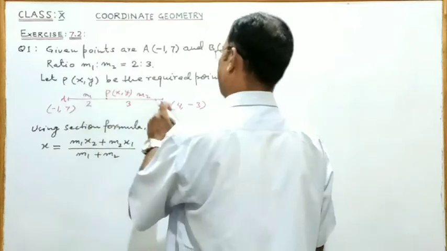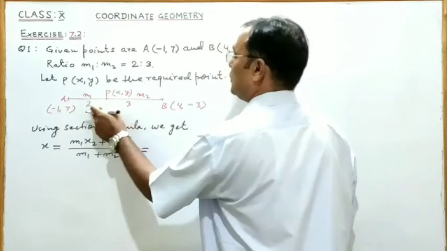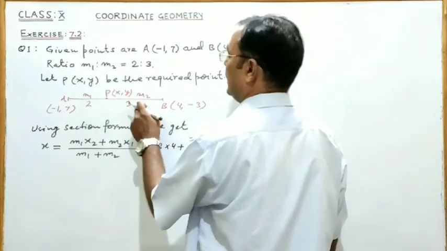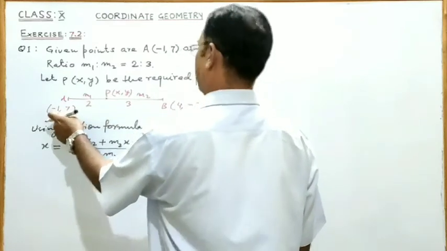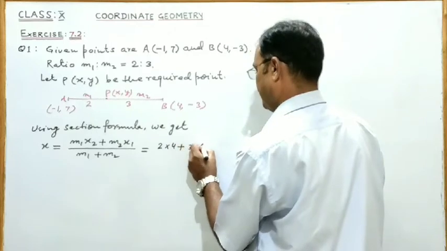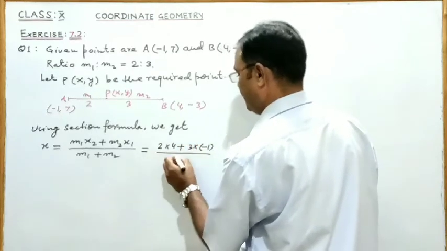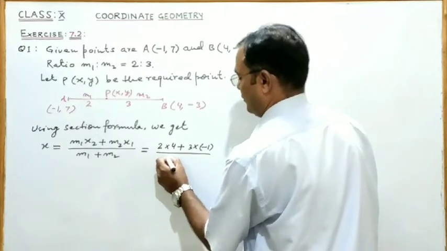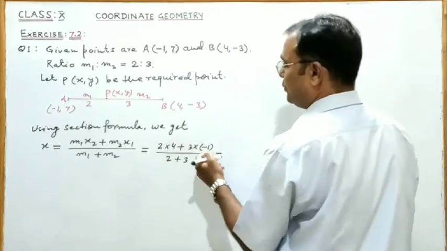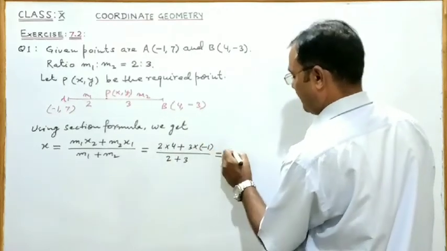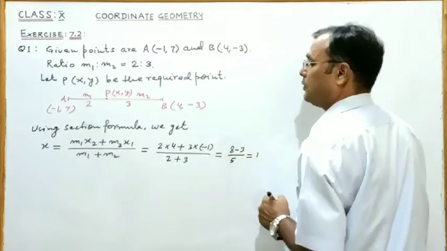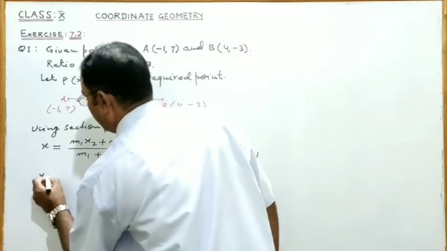So m1 x2 is 2 into 4, plus m2 x1, 3 into -1, divided by m1 plus m2, 2 plus 3. Equal to 8 minus 3, 8 minus 3 by 5, equal to 1. And y is equal to